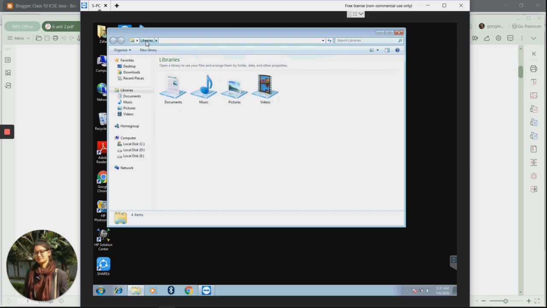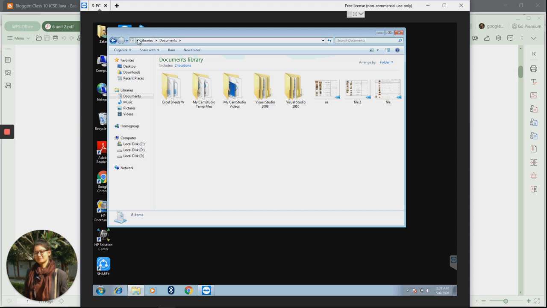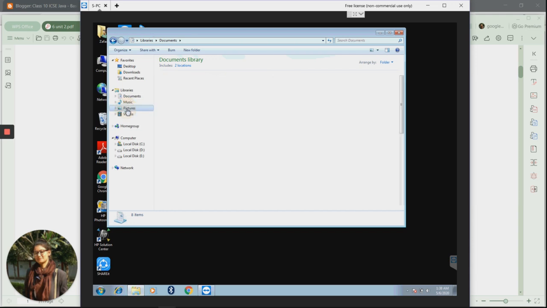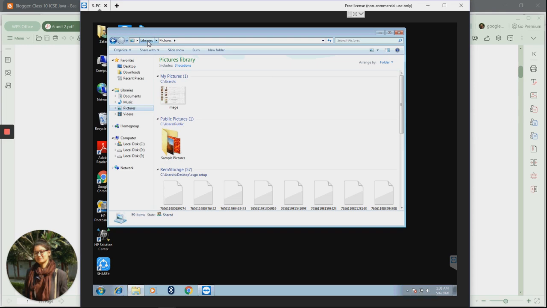An address, that is you are inside a library. And if you open this document now, see over here students, firstly you are in the library and you are in the document. So basically it is showing you the address, that where you are at the current position. Okay, if you click on this picture, then where you are in the library first and then the picture. So basically this thing is your address bar. Okay, it is clear.